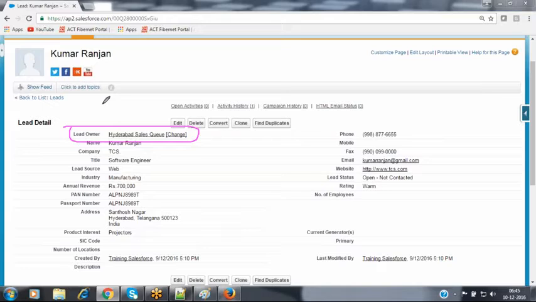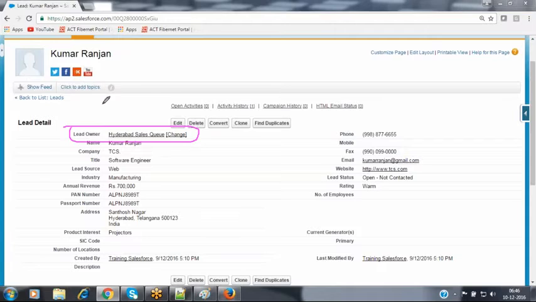Nothing but, what happened is, instead of assigning all the lead records to the administrator. If I assign the lead records to the administrator, and in a single day some 1,000 people show interest over here, because during the festival season, if I'm offering some discount, then more people show interest through the organization website. Why? Because those people cannot come to our organization, since there might be a very long queue in front of my company. So most of the people show interest through the organization website itself, through online itself.